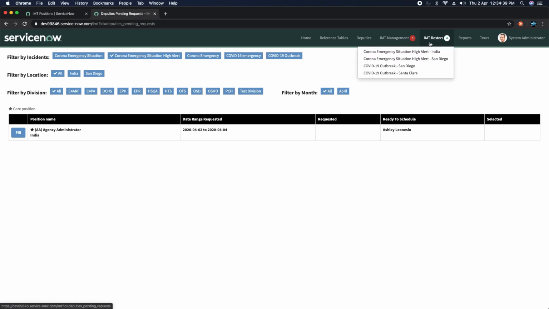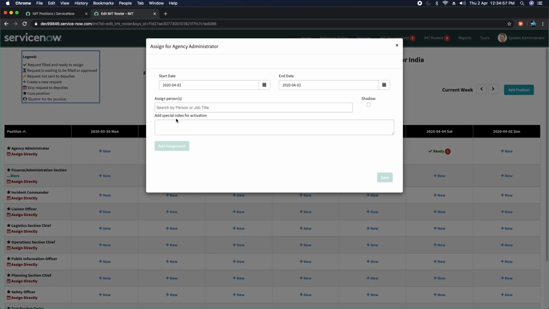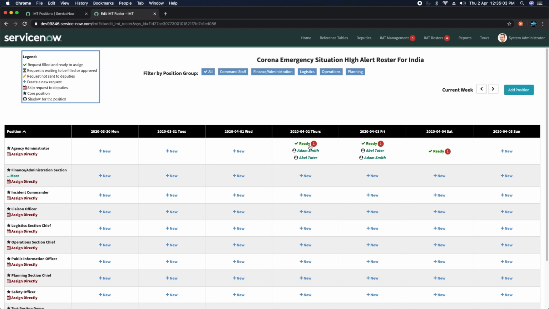So in that case, we can go to our roster again. And if you go over there, now you can see the status has changed. It became ready. That means it is ready to assign. That means Deputy has confirmed that yes, you can assign it. And if you click on that, you can assign it to that person, and then this particular user can be